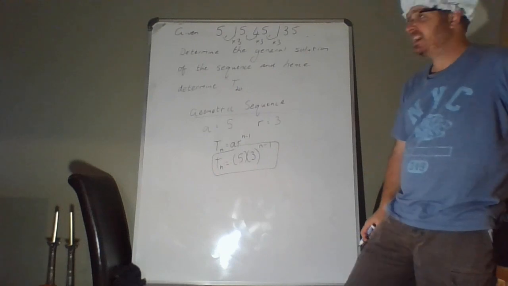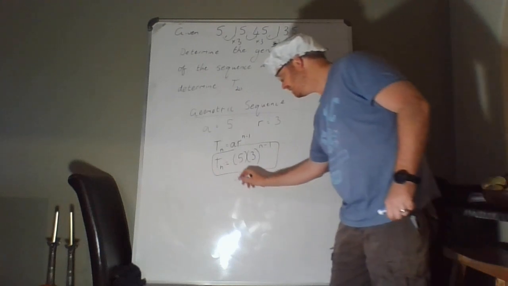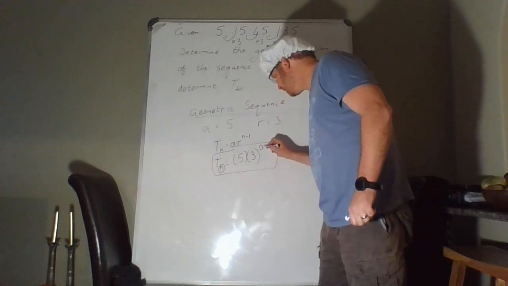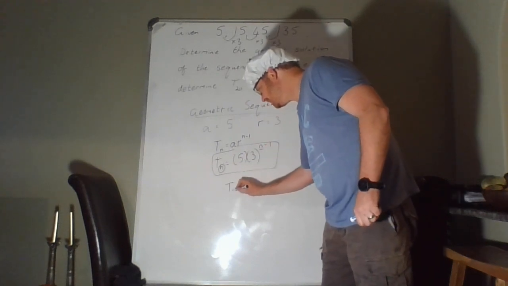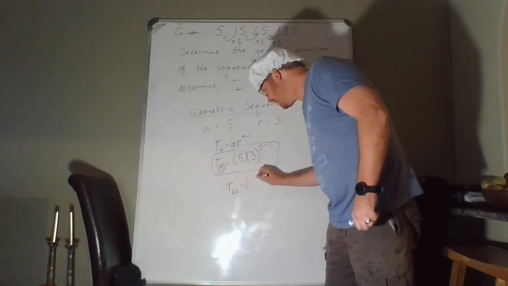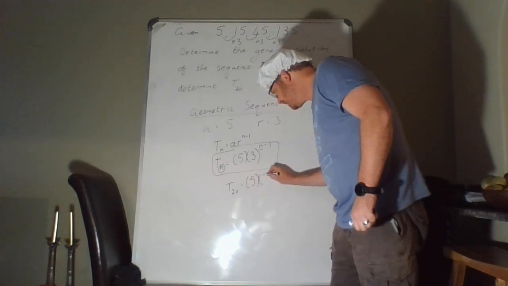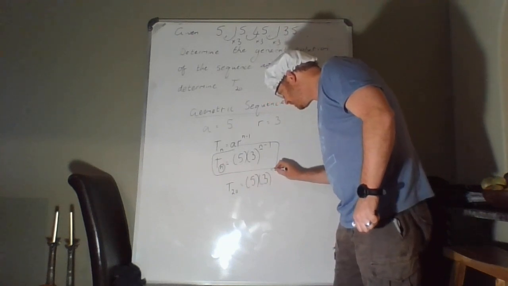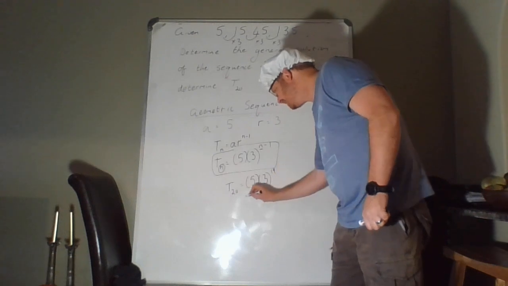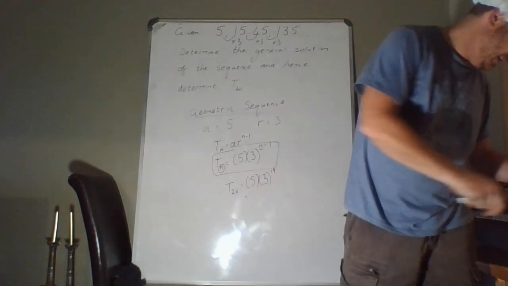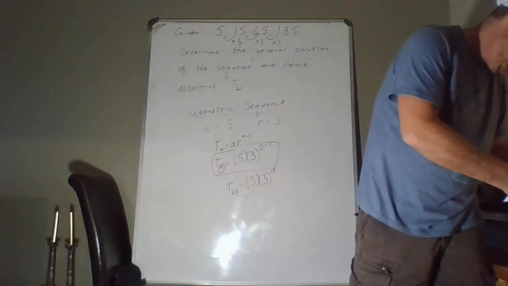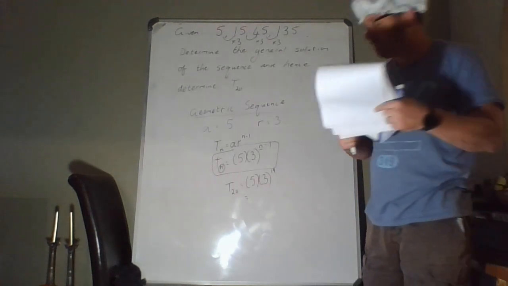Right, now they said to you, hence go determine T20. So you simply, wherever you see an n, you replace it with 20. So T20 is equal to 5 times 3 to the 20 minus 1, which is just 19. And if you enter that into your calculator, 5 times 3 to the 19, you should get an answer of,